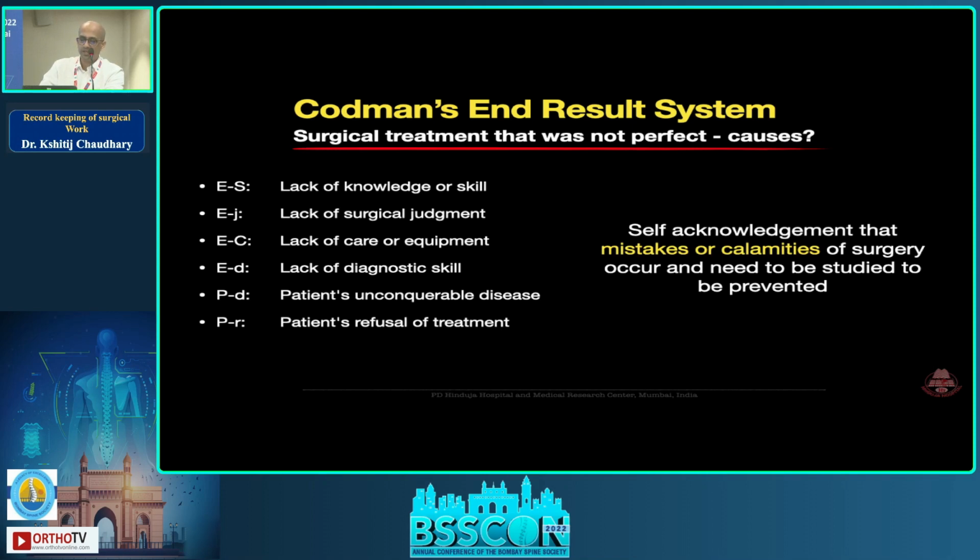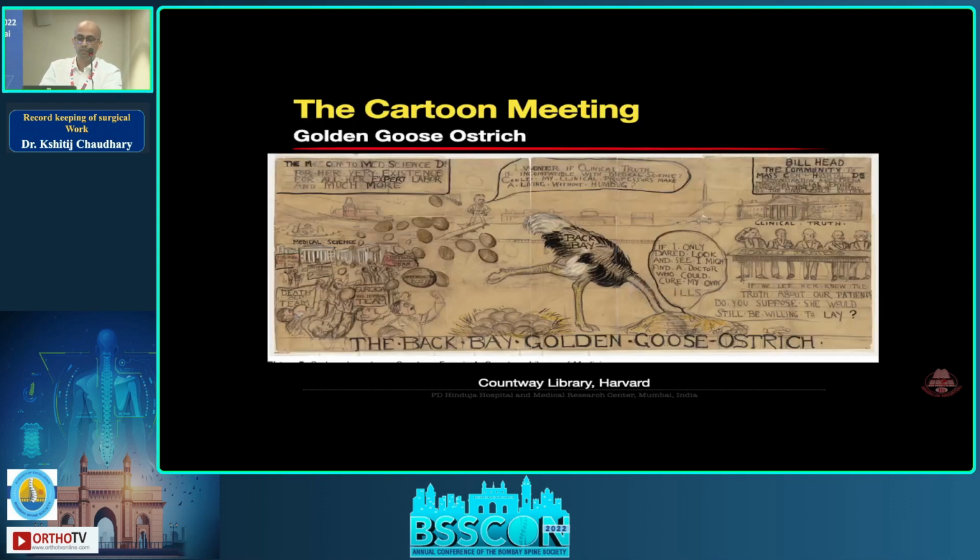But it's actually the self-acknowledgement that mistakes and problems do happen in surgeries, but they have to be studied for them to be prevented. It's kind of the most important thing. And this conflict between Codman and all the other surgeons came to a head at this scientific meeting that he presented. When his turn came to present at